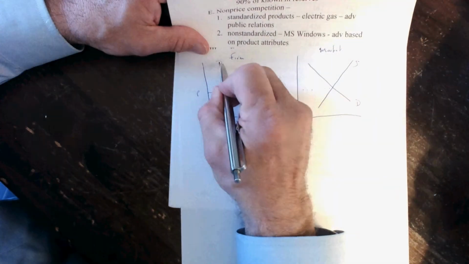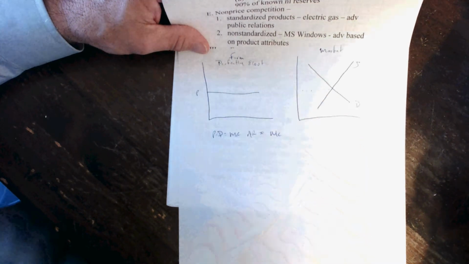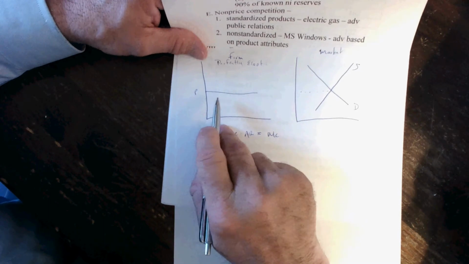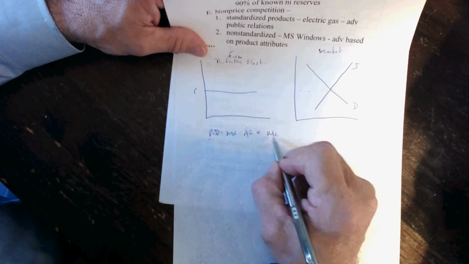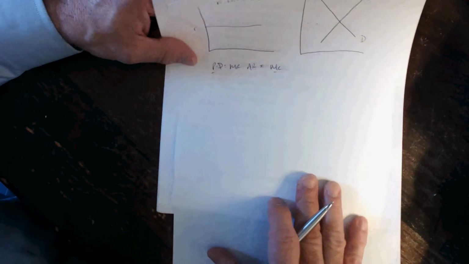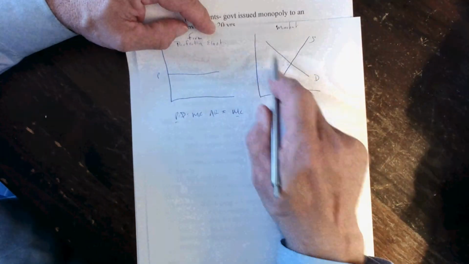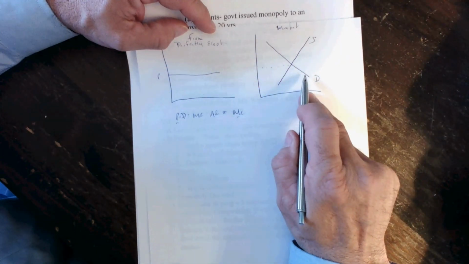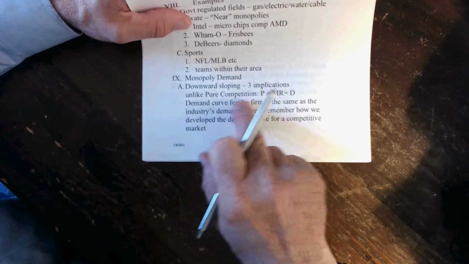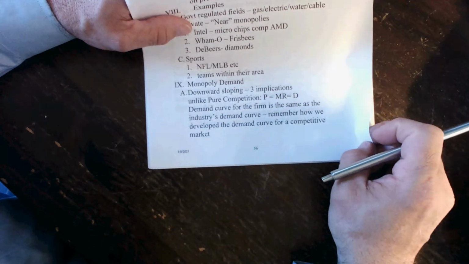All right, this is perfectly elastic. The firm has to charge that price, and in theory can sell as much or as little as it wants, but it will profit maximize where it sets price equal to marginal cost. So its goal is not to sell an unlimited amount, but to sell the amount that maximizes profit or minimizes loss. But the monopolist actually sees this downward sloping demand curve in the market. It's the only firm in the market. The demand curve for the firm, the monopolist, is the same as the industry demand curve.